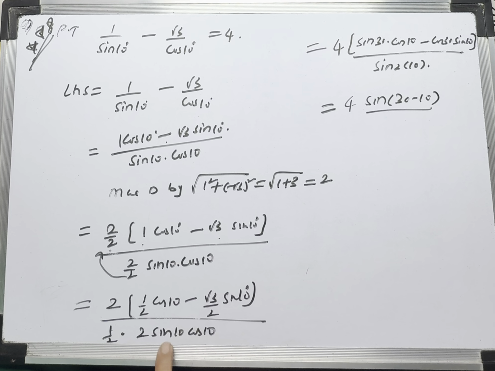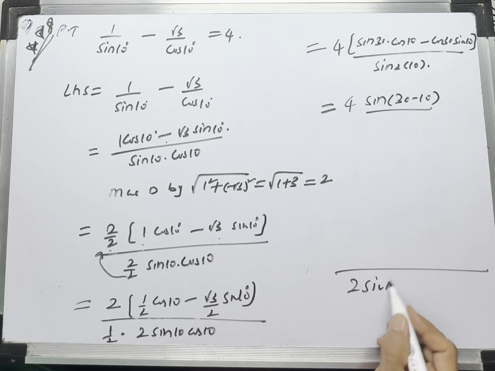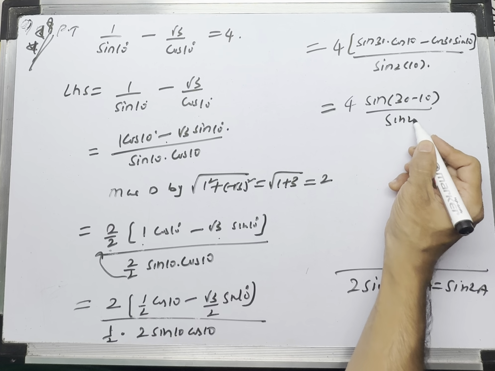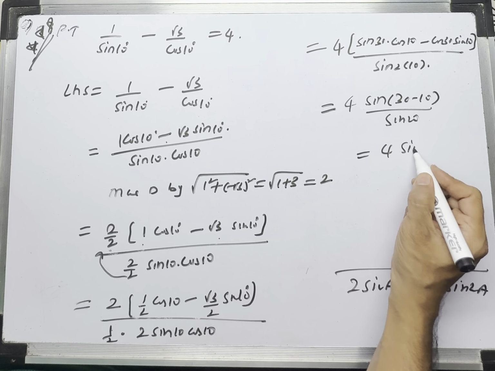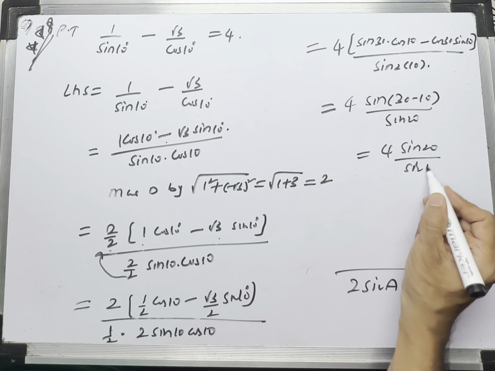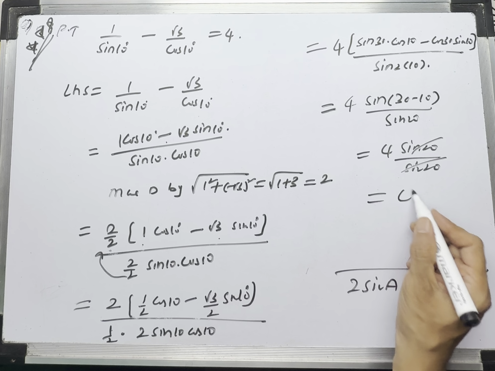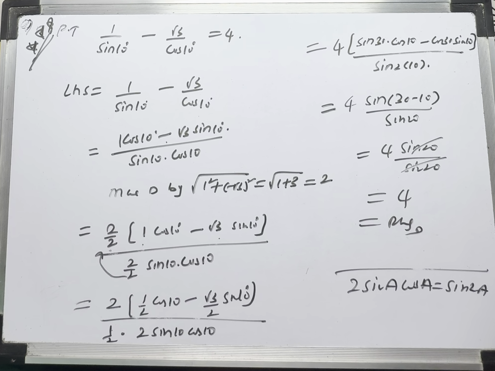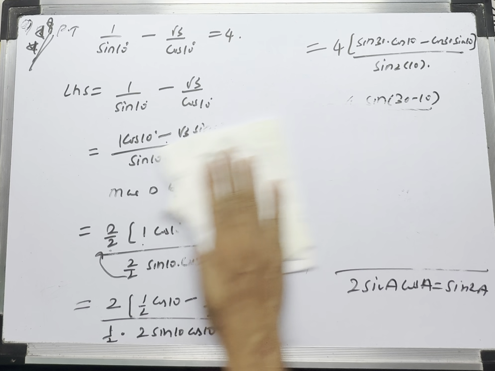2 sin A cos A is sin 2A. Multiple angles formula: 2 sin A cos A is sin 2A. So sin 20 degrees. So we have 4 sin 20 divided by sin 20. Both are cancelled. The answer is our right hand side value. And the 10th one of this 8th bit is